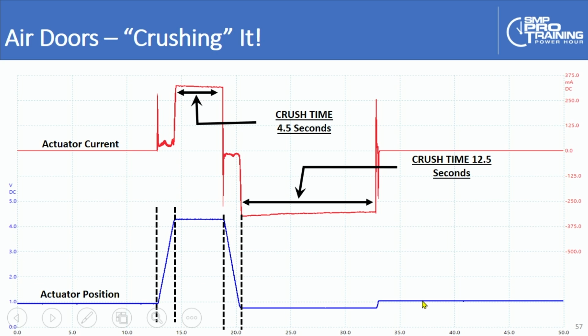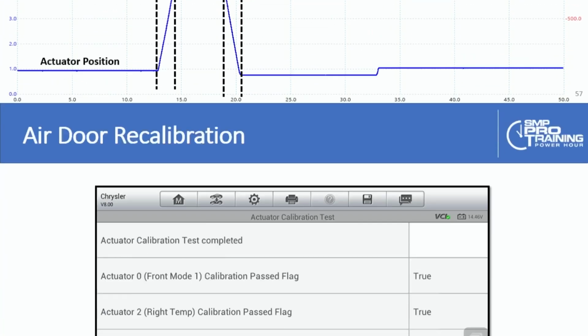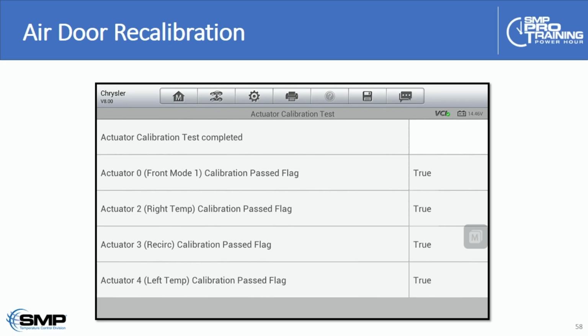And so this is why GM reduced the crush time, because as the vehicle ages, the foam collapses or condenses, and so it doesn't take as much time to seal the door against the stop. So they reduce the crush time to try to prevent the system from setting over-travel trouble codes. And that's another reason for performing